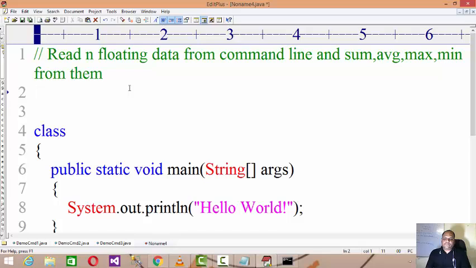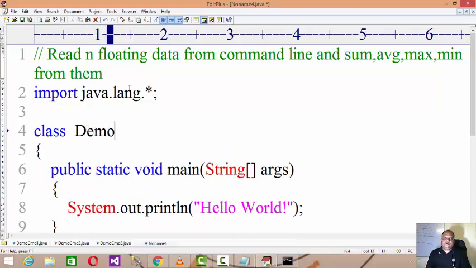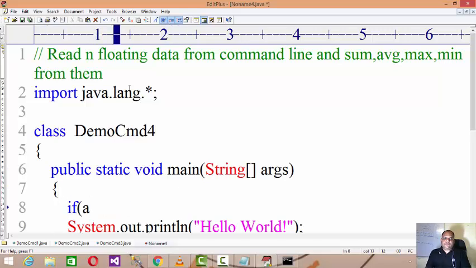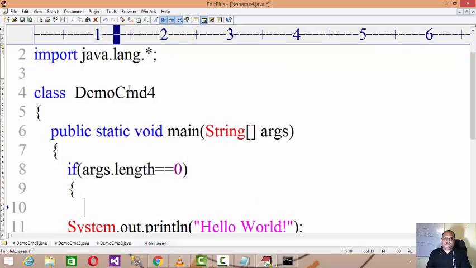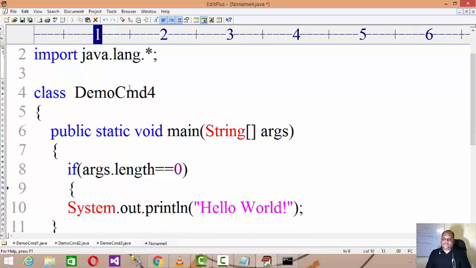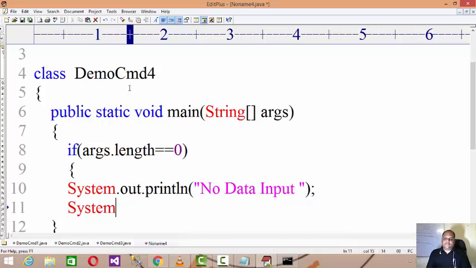So import java.lang.*, class demo cmd4. If args.length equals 0, print no data input, and terminate.